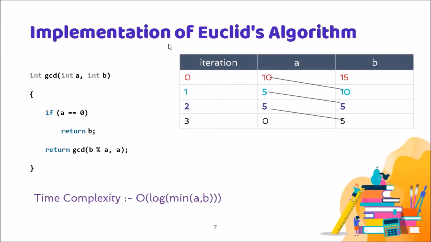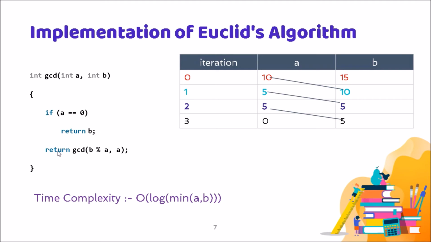The implementation takes two arguments, a and b, the numbers whose GCD is to be found. In this code, we are only checking for a single number, a. If we use the condition for both a and b, it may take one less iteration to find the GCD. So what is the approach? We check if a is equal to 0, then simply return the other one.